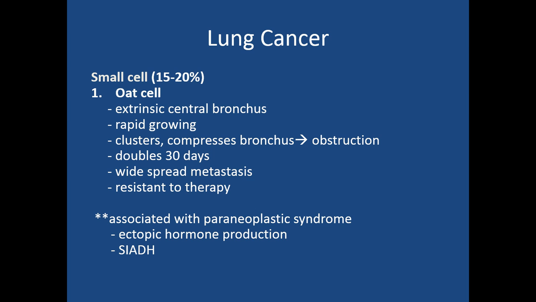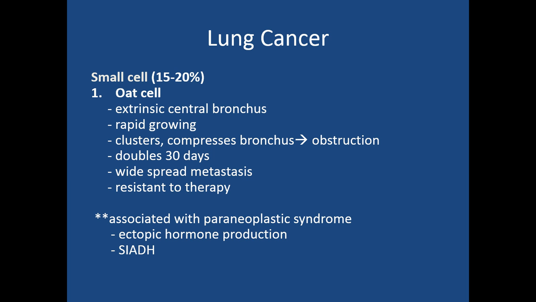And then our last category here, our small cell, have a much worse prognosis than the non-small cell. They do make up a significant portion of lung cancers, not as much as adenocarcinomas, but 15 to 20% of lung cancer cases. We have our OAT cell, which is our main category of small cell lung cancer. This takes place outside of the central bronchi, so in the interstitial tissue of the lungs. They grow very rapidly in clusters and compress the bronchus, which can cause obstruction of the bronchus,